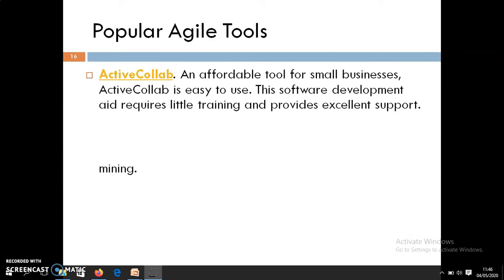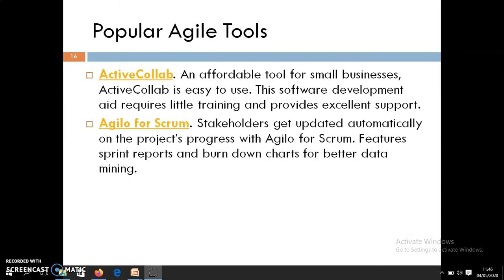The second important tool is Agilo for Scrum. Agilo for Scrum is an open source web-based Scrum tool to support the agile Scrum software development process. It is based on widely used issue tracking systems. It is programmed in Python and distributed under the Apache Software License 2.1.